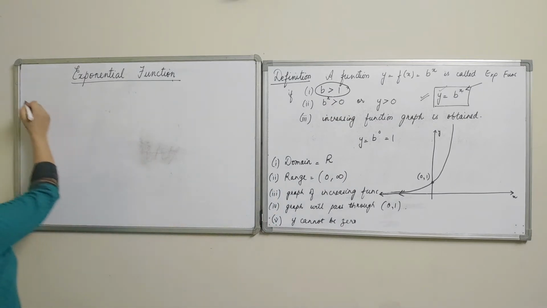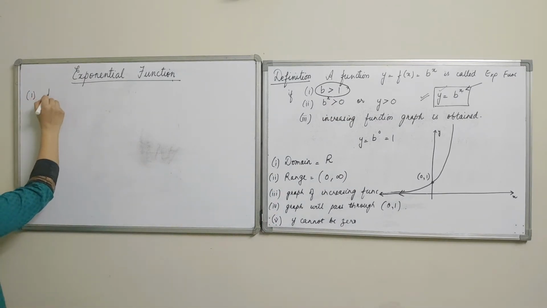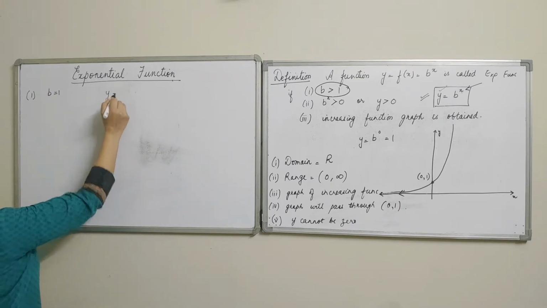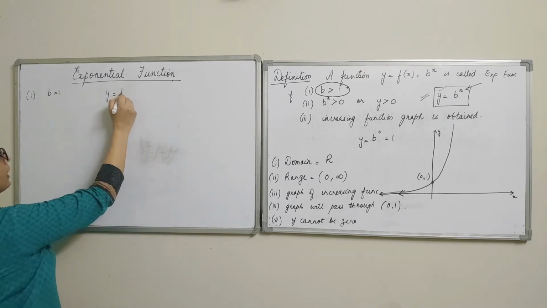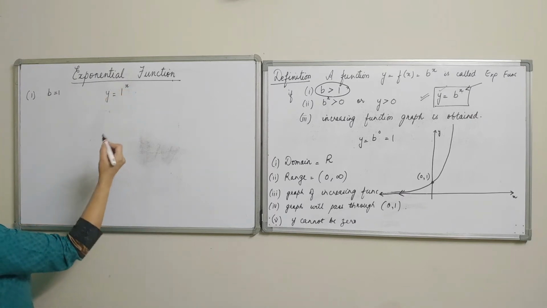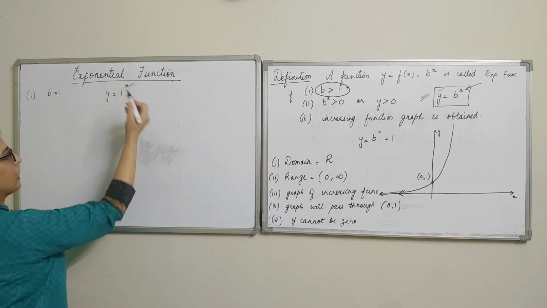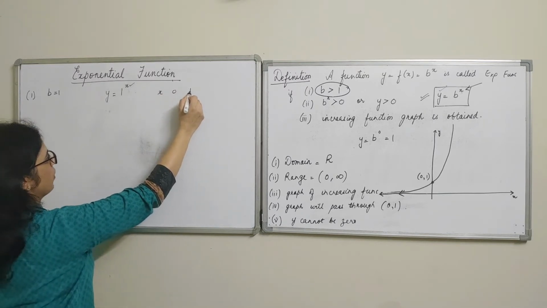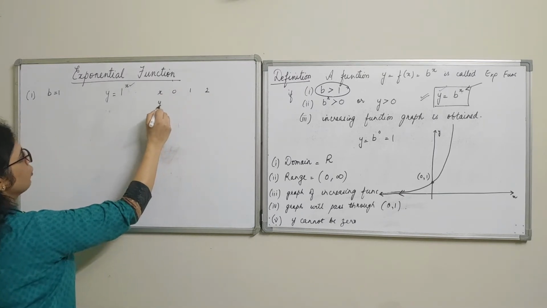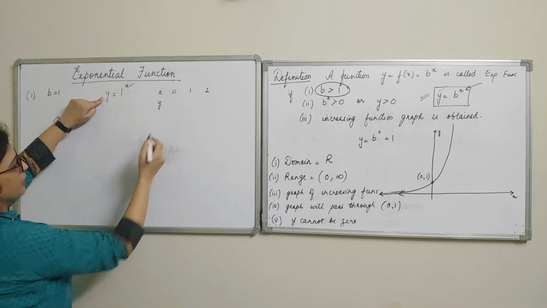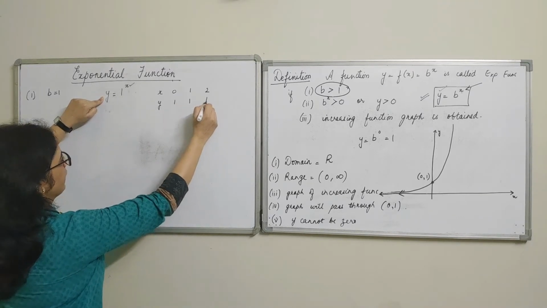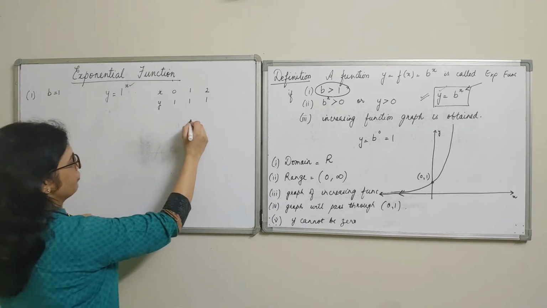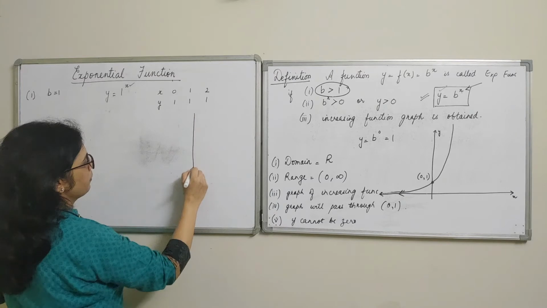So the first situation that we are going to explore here is b is equal to 1. If b is equal to 1, then the exponential function becomes 1 raised to power x. Now here you assign different values to x, whether x is 0, x is 1, x is 2. You will notice that the value of y turns out to be always 1. Alright, now if we draw the graph here, the graph would be